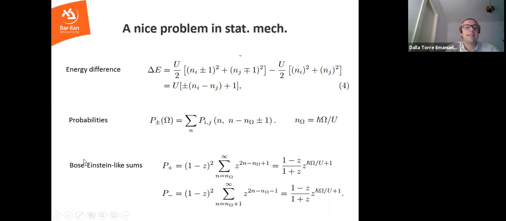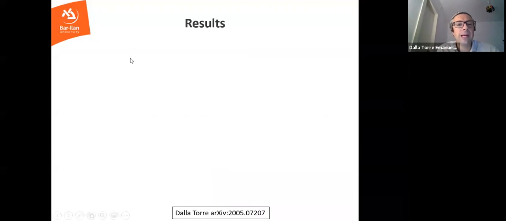And now you have something like these sums that you find in the Bose-Einstein condensation arguments. So you basically need to sum over all possible numbers of particles. So there is a probability of having a particle, and you need to just sum the probabilities. So it's a very nice exercise in statistical mechanics. I mean, it's analogous to the argument that was used by Bose to show Bose-Einstein condensation. But here we don't have Bose-Einstein condensation. What we are really trying to compute is the heating rate.